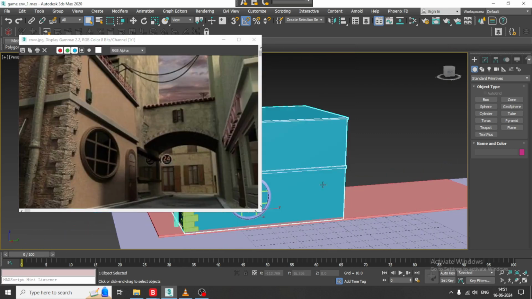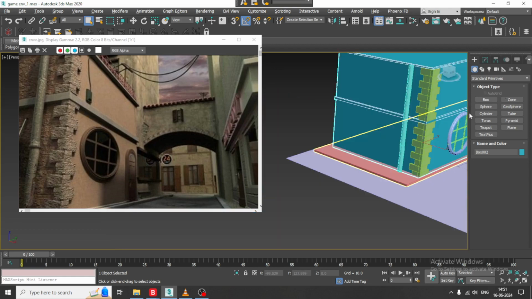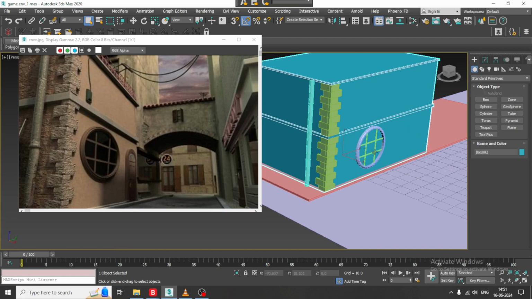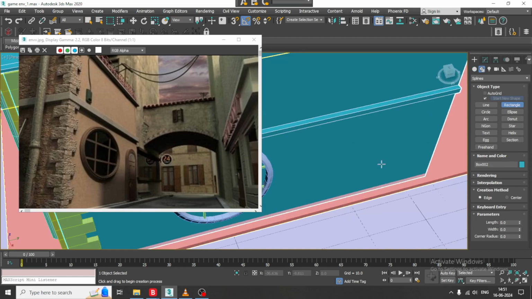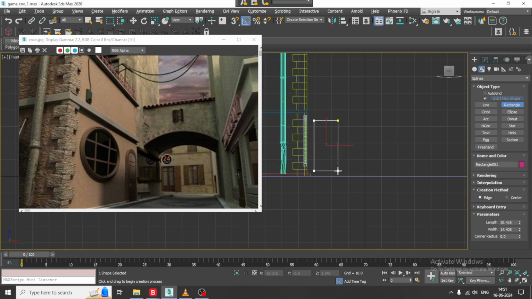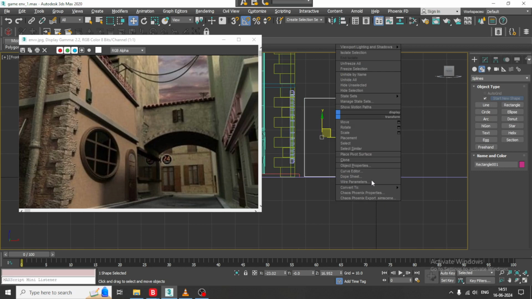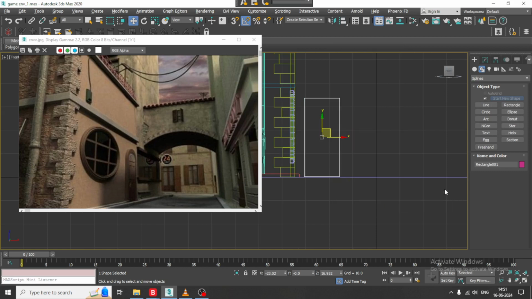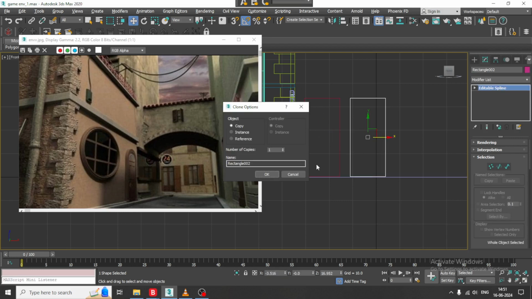So let's get started. As you can see over here, we have started with the modeling of this particular game environment. So what I'll be doing over here, let's take a rectangle. Let's create a rectangle, convert to editable spline. I'll just make a copy of it,